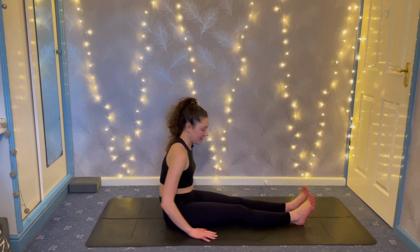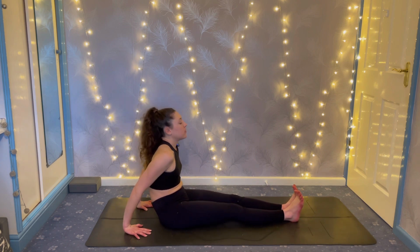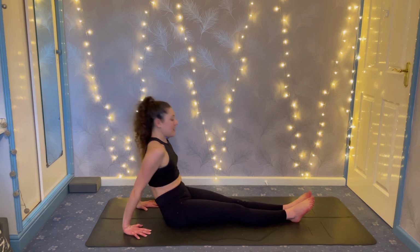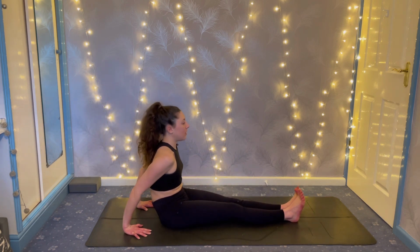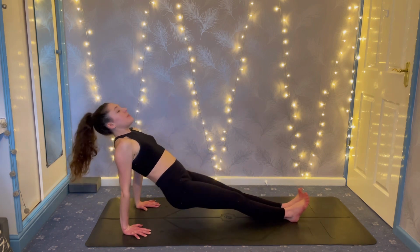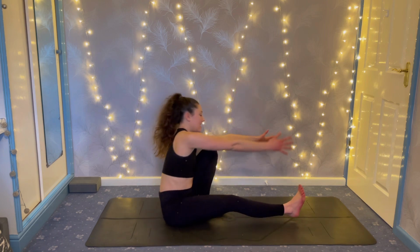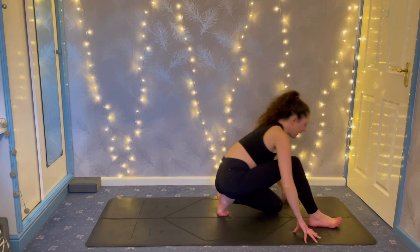Listen for the change, hands behind the hips, fingers point forward, ground through the heels, lift the hips off the mat into your reverse plank, tap the hips back down, inhale, lift them up, exhale, lower them down. Last time, big breath in, big breath out, sit yourself down, plant the left foot on the mat, reach the arms forward, lift the hips, lift the right heel, pistol squat, stand onto the right foot,